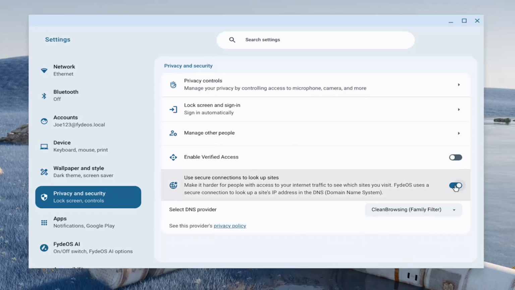If you don't see any options here, the use secure connections to look up sites might be toggled off, so just make sure that's turned on, and then select your DNS provider from the list here, and that's all you